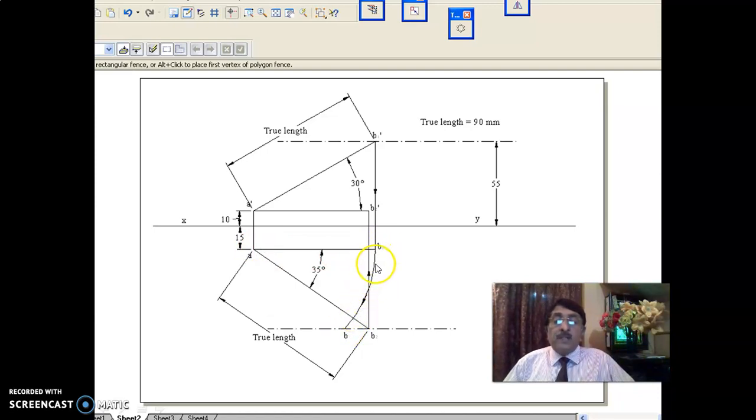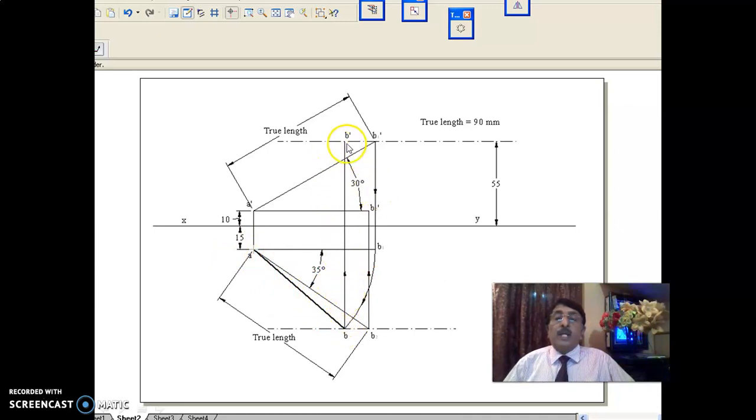You know very well that in this entire process the line is inclined at 30 degrees to HP only. Now it is 35 degrees to VP. As per the significance of the locus in the top view, you stop at B. Then join AB to get the top view, and take a projector from here against the locus to get the front view. Once the front view and top view are obtained, the problem is over. For verification, if you draw an arc with A dash as center and A dash B1 dash as radius, you should meet exactly at B dash. Now the problem is over.